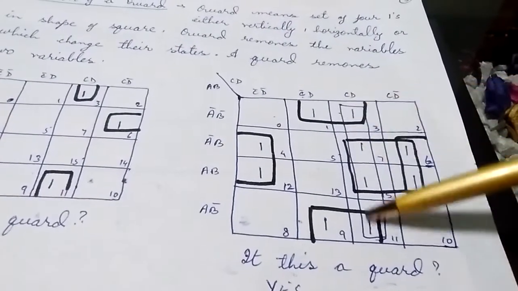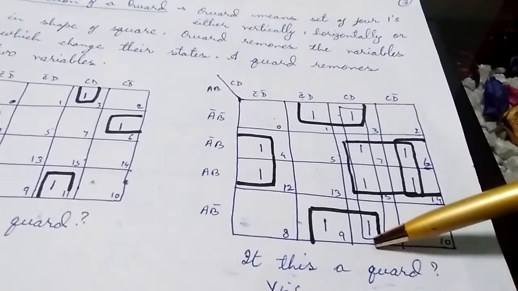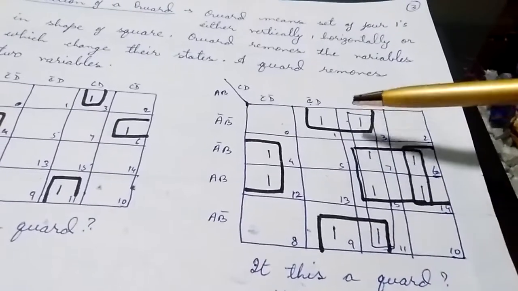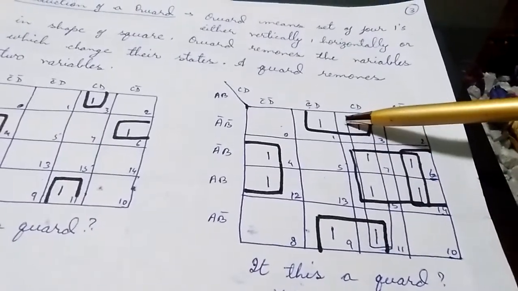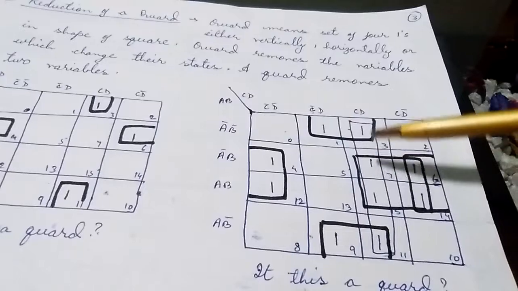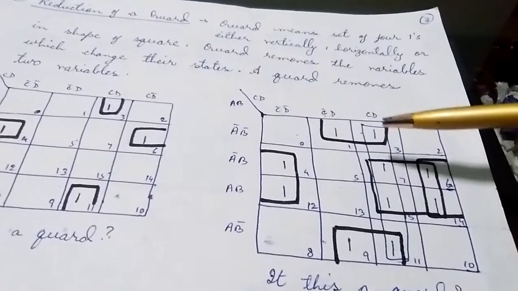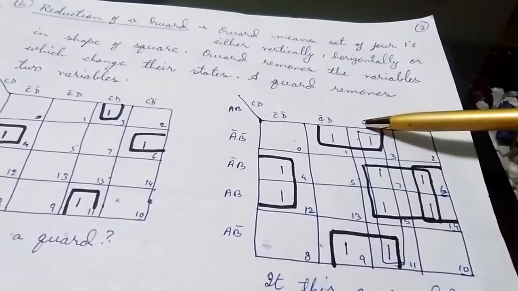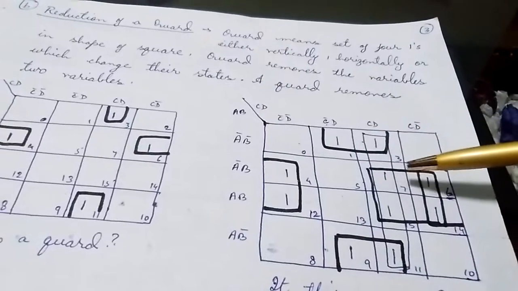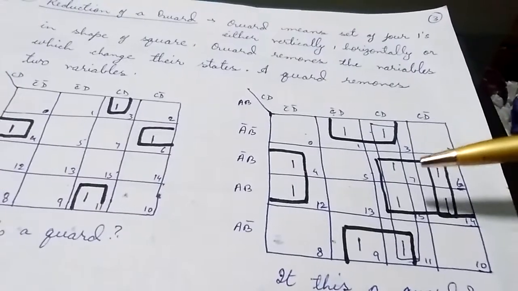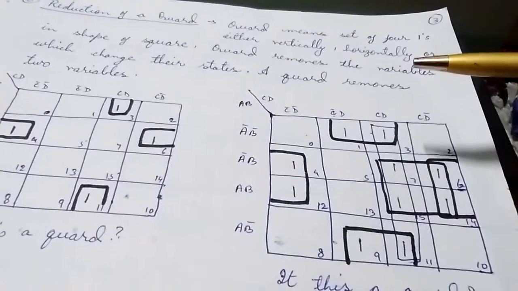Then we cannot make one more quad even though we are getting 1, 2, 3, 4 here, as all the quad members are already in a grouping. So we cannot make this. This is called redundant. Redundant means repetition. So we cannot do any repetition. Redundant cells or redundant pairing has to be removed. I had marked this with a light pen, indicating that this is not possible. So if the quad members are already in a grouping, we don't go for repeating and making one more quad.